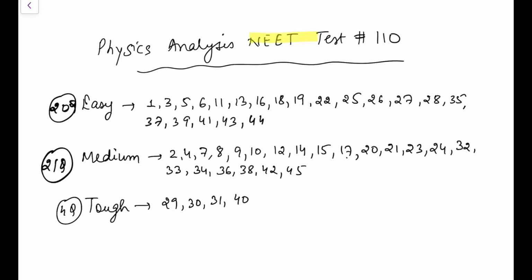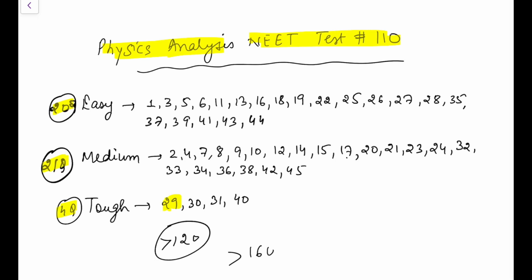I've just solved this NEET test 110 and I am here with the analysis of the physics part. I've regarded 4 as tough. This one I've regarded tough because of the formula that is used very rarely. Similarly for others, 21 are medium and 20 are easy. So overall it's a nicely balanced paper, and if I go by the normal logic again, 120 should be a decent score here, and those who are doing very well should get a 160 score in this test.